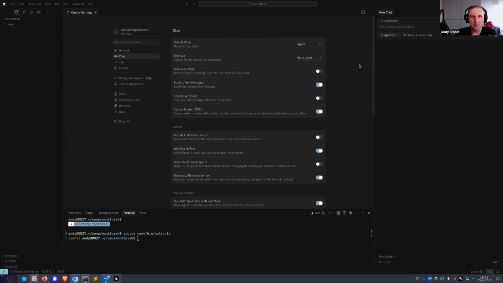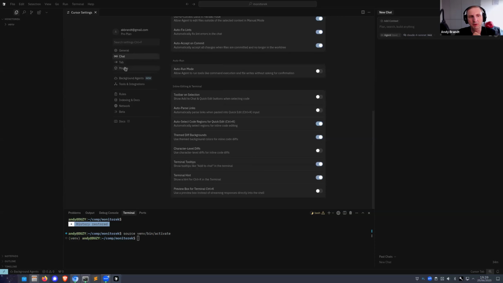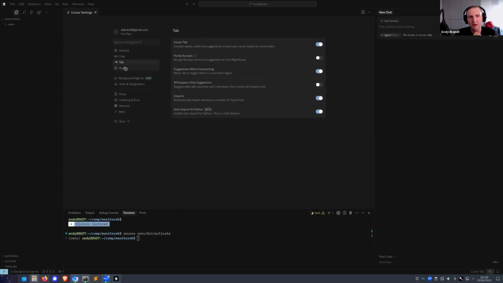Now here you have the chat type. One of the very welcome additions to version 1.0 is that you can enlarge the text in here. You can select the default mode. I will not go through all the options because it makes no sense, but I want to highlight that here we can switch on the tab, the tabbing from place to place that I mentioned, but also what is really worth switching on is this, because then it helps you even write the comments.